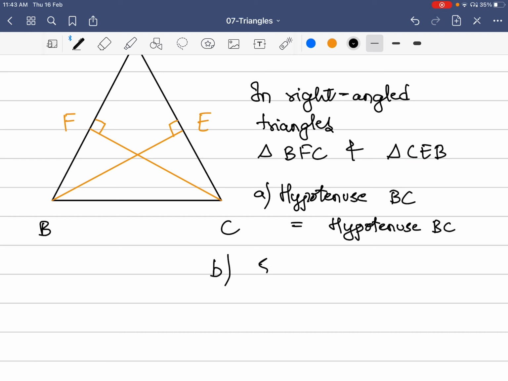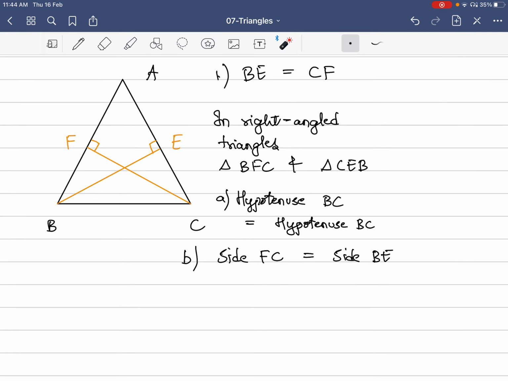And then the second point is side FC is equal to side BE. Why? Because that is given to us. Here it is. BE is equal to CF. I'm just going to use a highlighter. This is our side FC, which is equal to side BE or EB. So now, these two triangles are right angle triangles. That's a key information. Hypotenuse is equal to each other and one side is equal to each other. So thus, by using the RHS test,